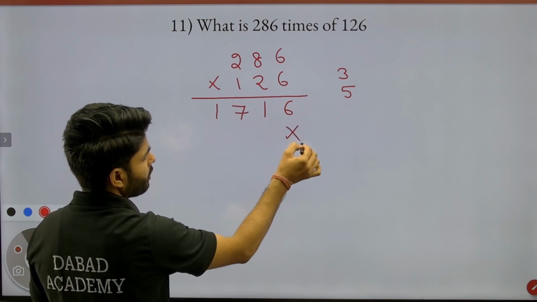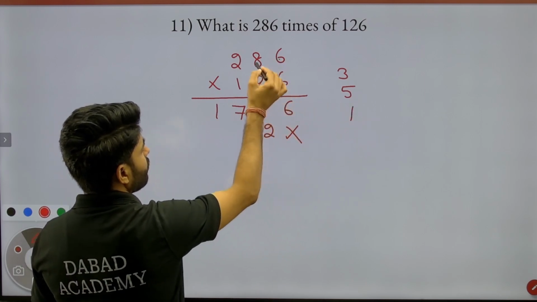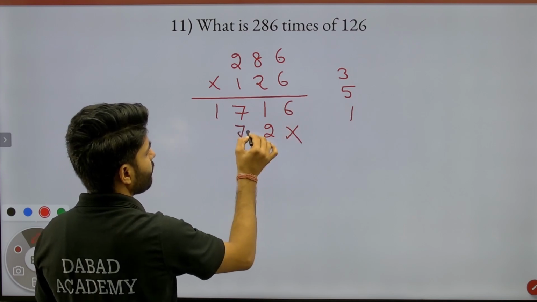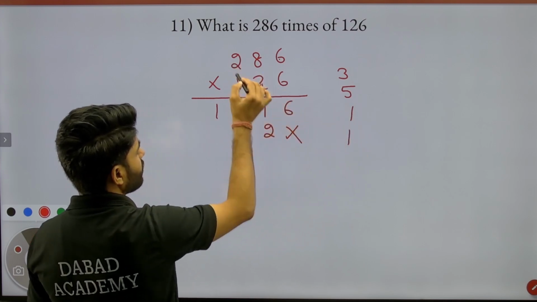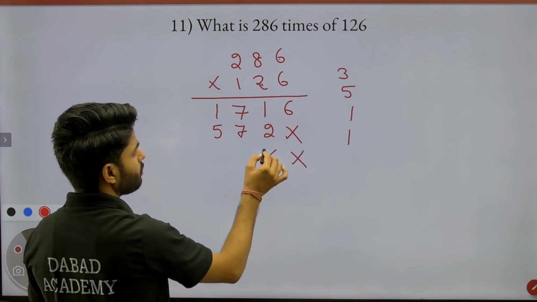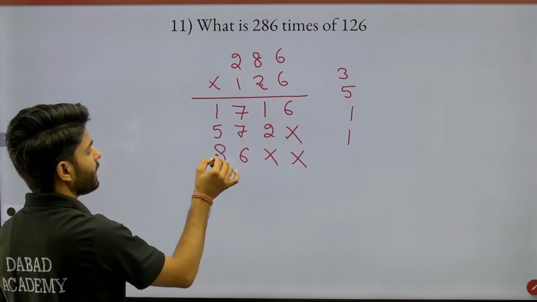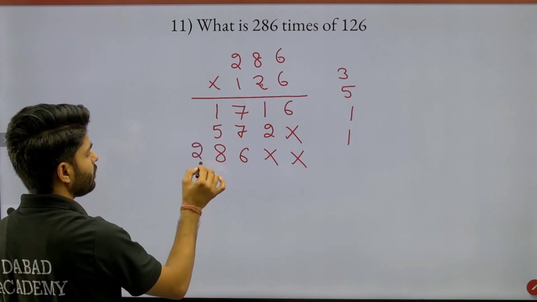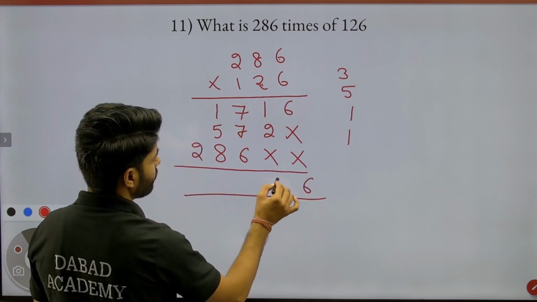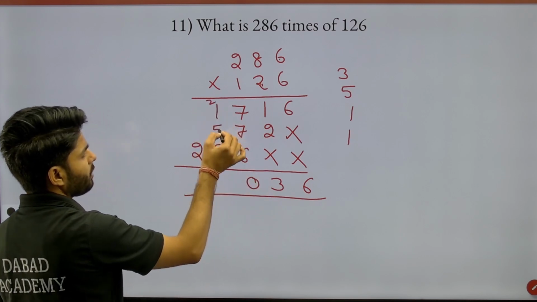Then we put a cross here. Then 2 6s are 12. We have carry 1. 2 8s are 16 plus 1 is 17. We have carry 1. 2 2s are 4 plus 1 is 5. We multiplied by the second digit, so we put 2 crosses here. Here is 6. Now multiply by 1: 1 8s are 8, 1 2s are 2. So here is 6, 3, 7 plus 7 is 14 plus 6 is 20. Here is carry 2. 1 plus 5 is 6.